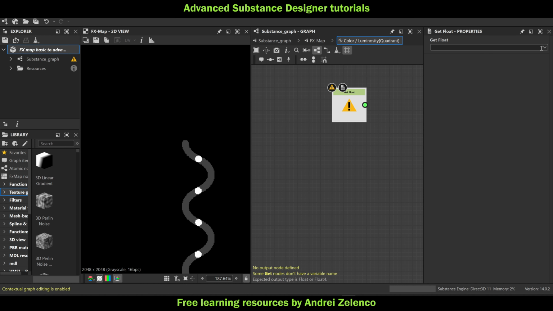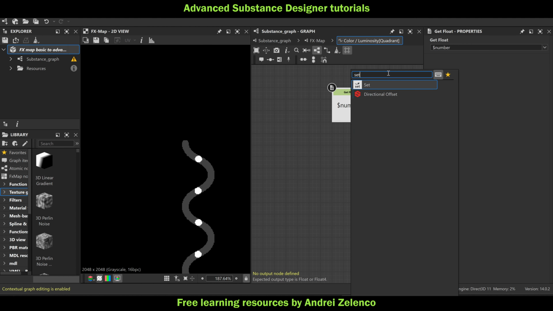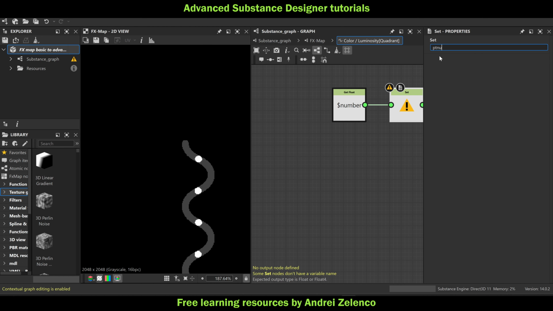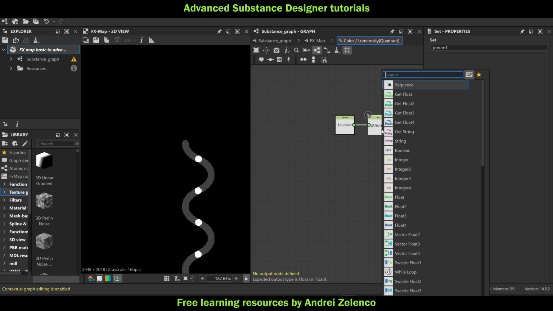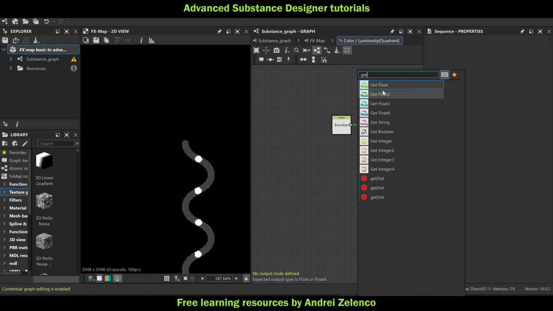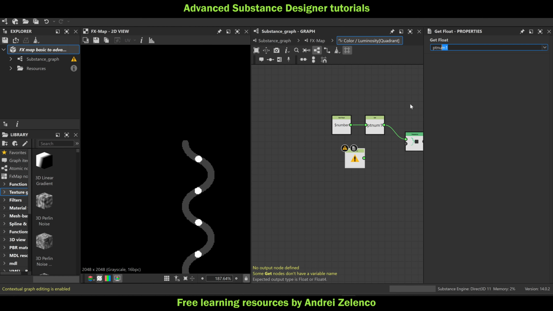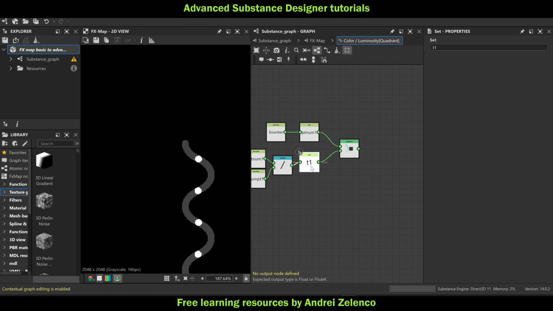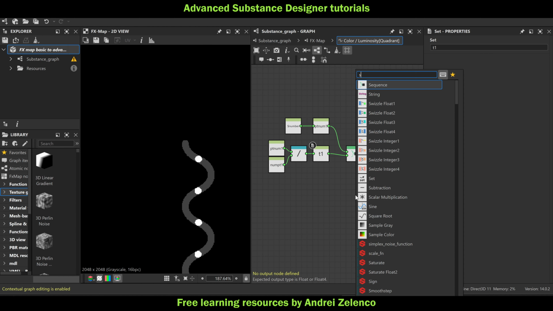So get float, dollar number, set to ptnum1, sequence. Now get float ptnum1 divided by numpt1. Okay, division. Set T1, sequence,